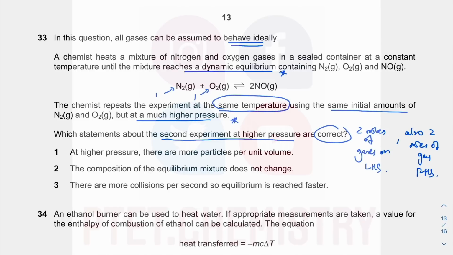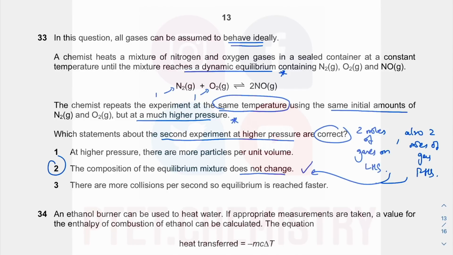Okay, therefore changing pressure will not affect the equilibrium of this particular equilibrium because there are equal number of moles of gases on both sides of the equilibrium. So the composition of equilibrium mixture does not change, is precisely correct, and this is the reason. Okay, counting the moles of gases on both sides and coming to term that they are equal. So changing pressure will not affect your equilibrium position, it will not affect your equilibrium yield, it will not affect your equilibrium composition. At higher pressure, you put pressure on gaseous reactants or gaseous product, you put pressure on them,